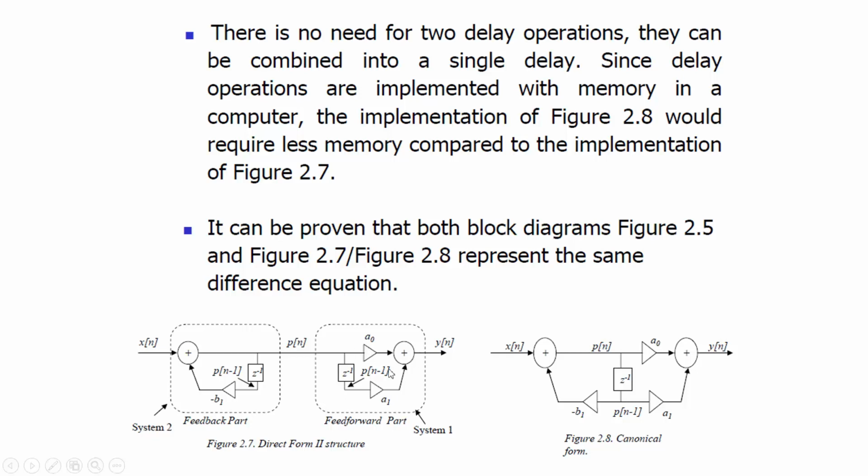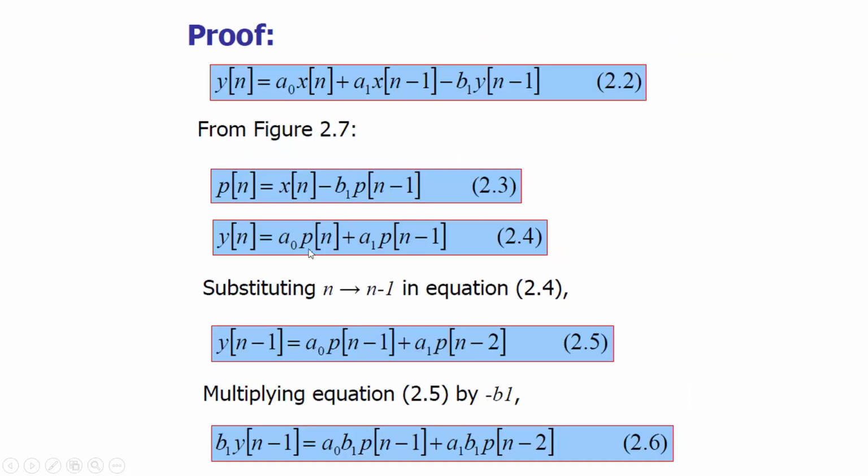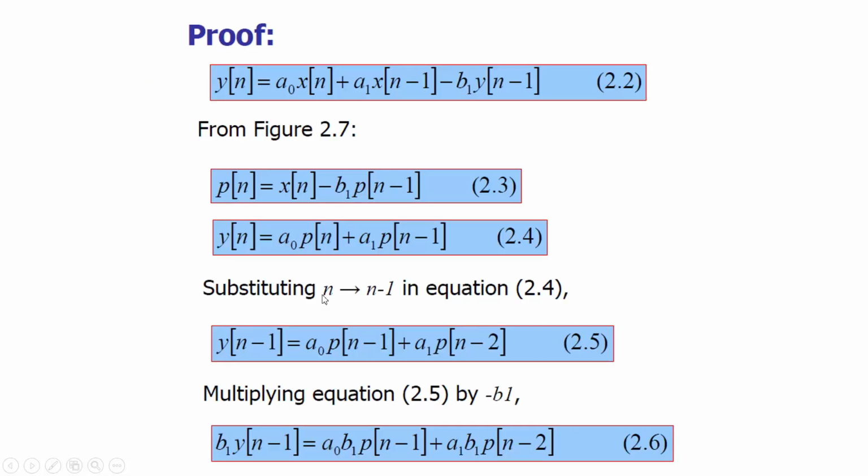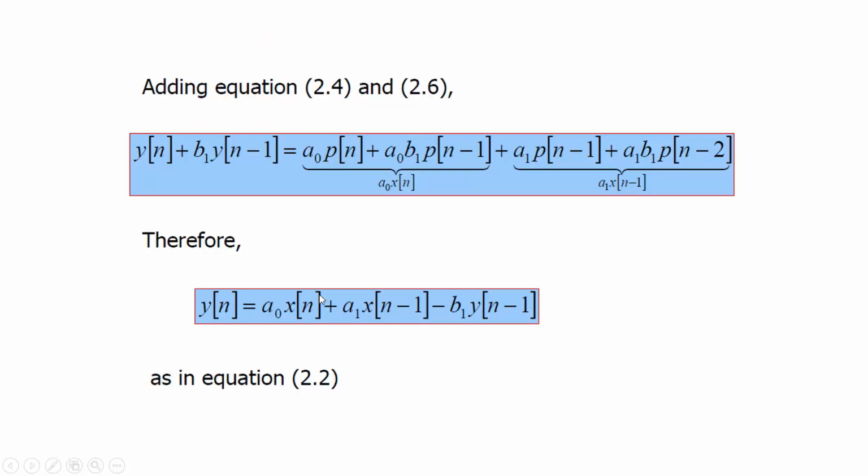Coming from this side and from this side, both will be added to produce yn. So this is my yn. Now I will substitute n with n minus 1 in equation 2.4 and I get this equation. Multiplying equation 2.5 by minus b1, I will get this equation. Adding equations 2.4 and 2.6 will give me the same equation